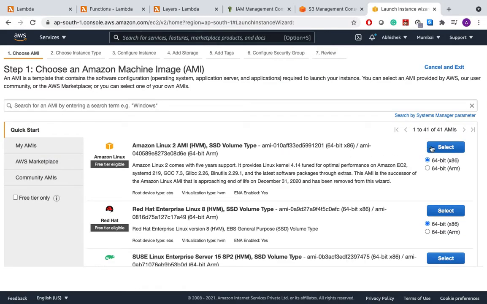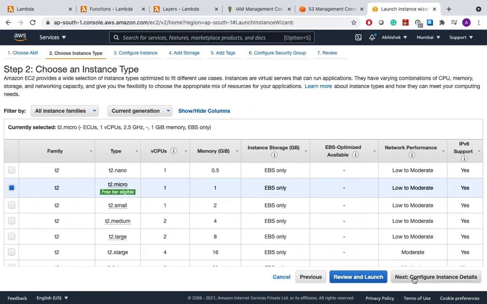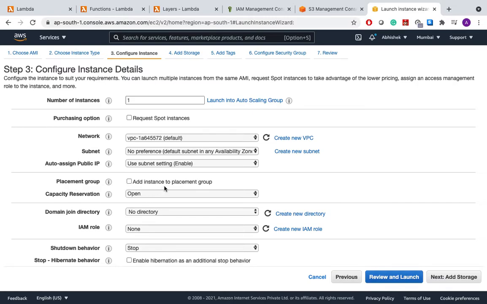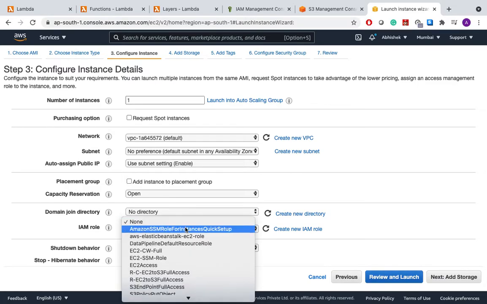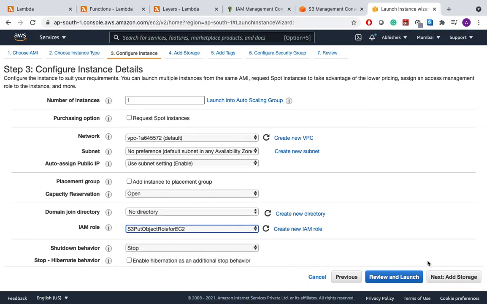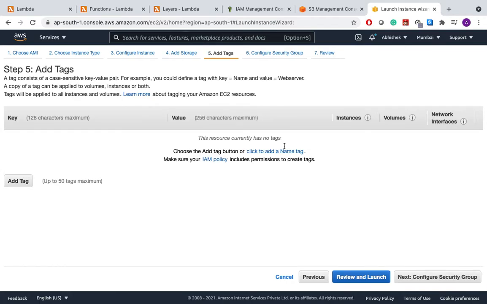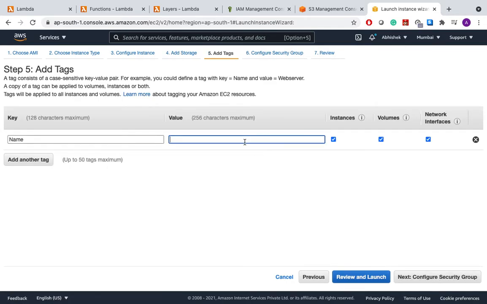So we'll go with the Amazon Linux 2 AMI. We'll select the T2 micro. In this section, we will choose the role we just created. So S3 put object role for EC2. We'll go with the default storage. We'll provide a name. We'll give name as Lambda layer.